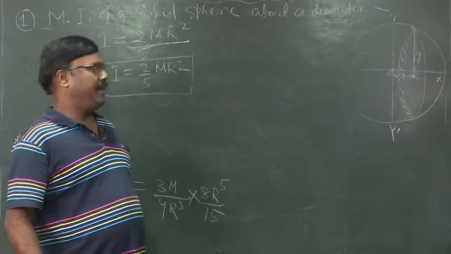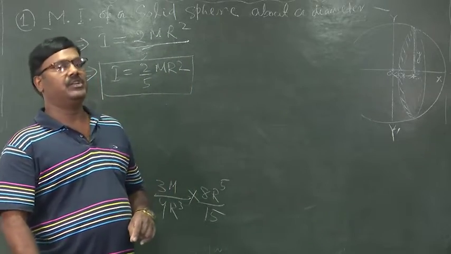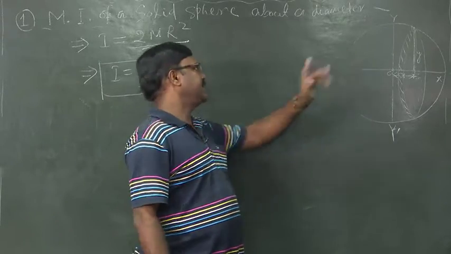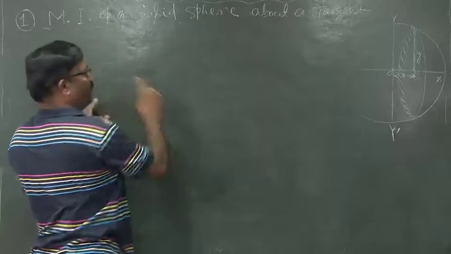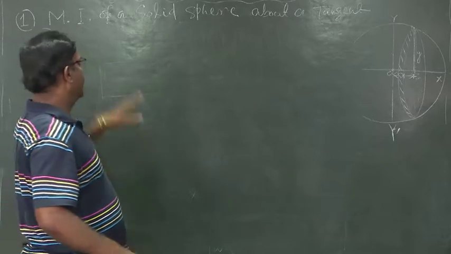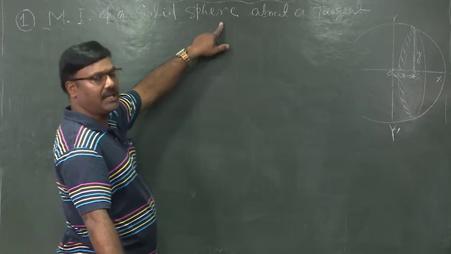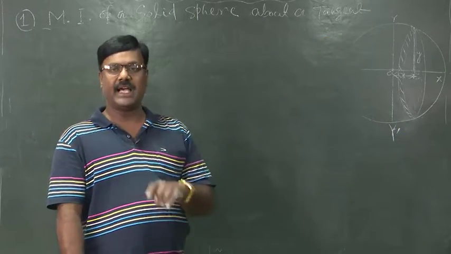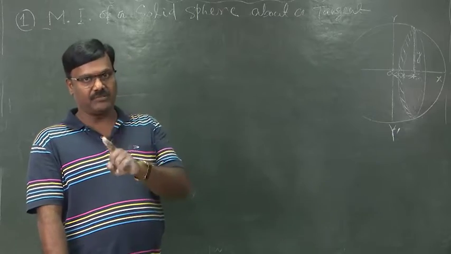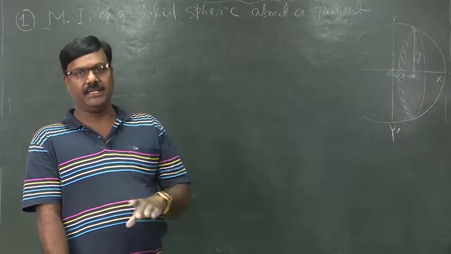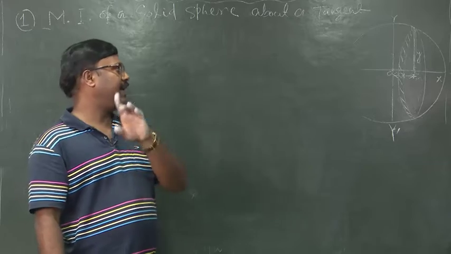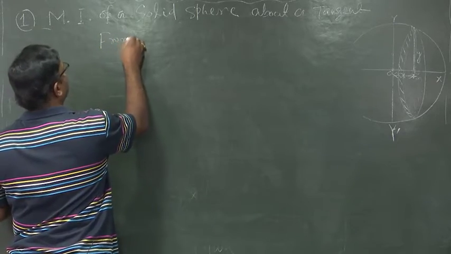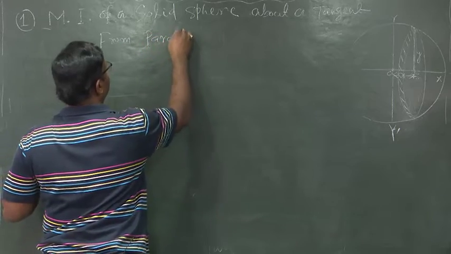The only thing remaining is the moment of inertia of a solid sphere about a tangent, and the moment of inertia of a solid sphere about a tangent can be obtained by applying the parallel axis theorem. From the parallel axis theorem,